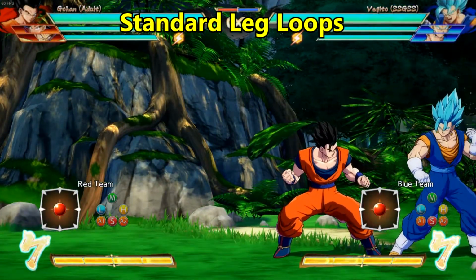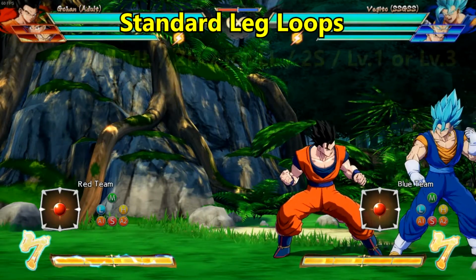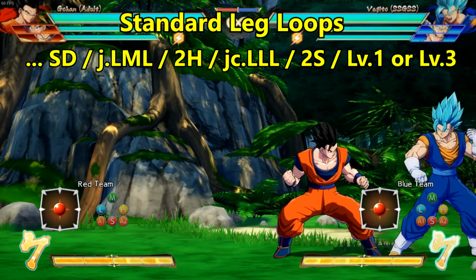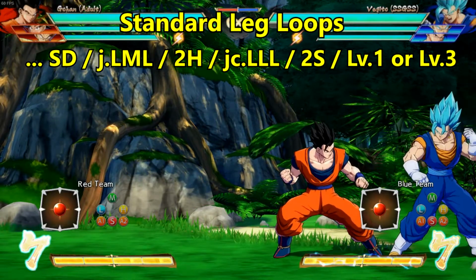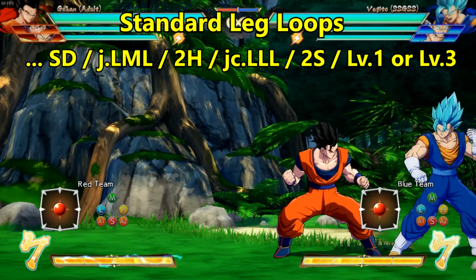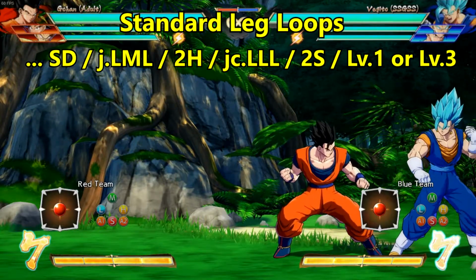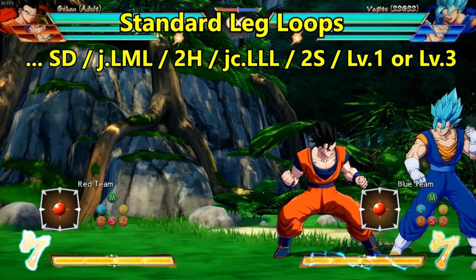So after your 2H, you're going to super dash, and what I personally like to do is jumping LML, 2H, jump cancel that into a light, and then 2S into a level 1, or if you want, you could do a level 3. But if you're playing Gohan, you want to get his potential, since it'll do more damage, it'll get faster, and that's pretty much your goal. You want to pressure your opponent, and without potential, Gohan can't really do that very well. So I would say if you're at level 0, at least get level 1 of his potential,